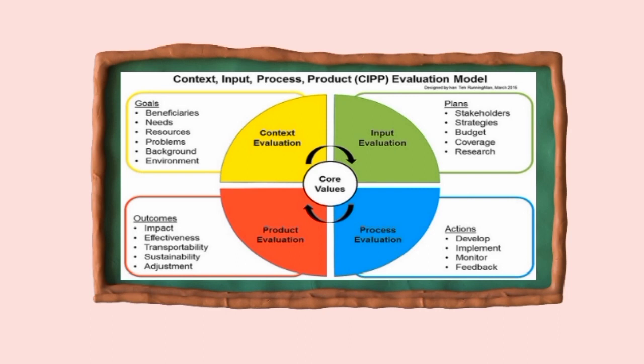The evaluation in the product stage examines the short-term and long-term outcomes of the program, as well as any unintended or anticipated effects. Data collection methods such as post-test surveys and statistical analysis may be used to ensure the program's effectiveness and impact. Overall, the CIPP model provides a comprehensive framework for evaluating programs by considering the context, input, process,